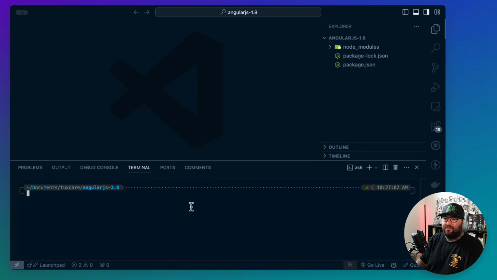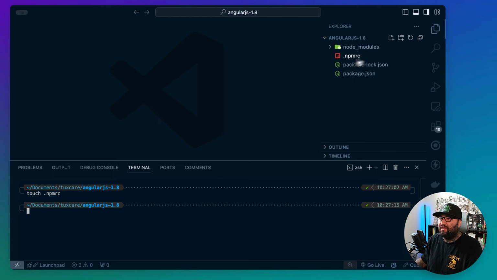So first things first, let's clear out the terminal. And in the root of our project, we are going to create an npmrc file. So we're going to touch .npmrc. That's going to create the npmrc file at the root of our project. And within that, we are going to add a registry. And this registry is going to point to the TuxCare repo that has the solution to implement for the end-of-life support. So I'm just going to copy and paste that